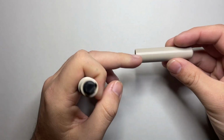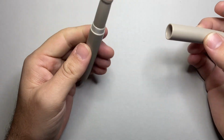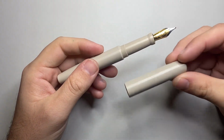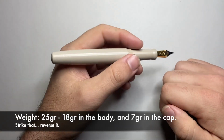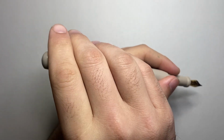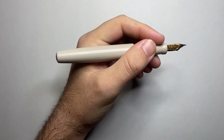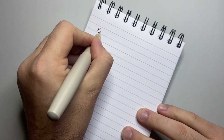The width of the widest part of the pen body is the cap here, and that's about 15 millimeters. So, as I said, this is a nice, decently sized pen. The weight of the pen in total is 25 grams, 7 in the body and 18 in the cap. So even if you did decide to post it, it doesn't throw the balance out. It's not a weight balance issue, it's a length issue, and also the fact that it doesn't post super securely. But at this sort of length, at 18 grams, as I said, it's a nice size and weight in the hand. Let's do a writing sample now with the Eureka